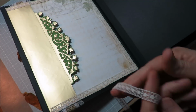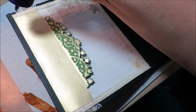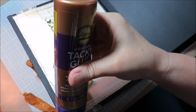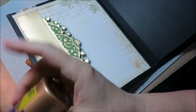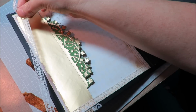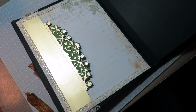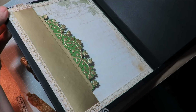I've chosen to trim the edge with this lace right here, and I'm just about finished, so I'm going to do this last piece. I'm using tacky glue because I'm using fabric, and I think it just edges nicely and seals some places that I want sealed up. Just going to run my finger along the edge here so it touches most of the lace. And place it down. And I will probably come back and put some things in the corners